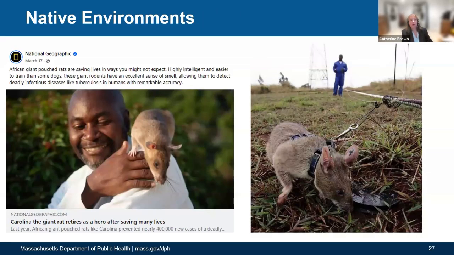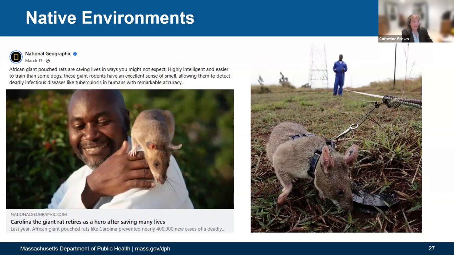They're also super intelligent. And these animals have been trained in their native Africa. They have been trained to detect landmines, right? Because they're so light that they won't set off the landmine, and they can smell it. They don't have very good sight, but they have excellent smell. So they detect the landmines so that they can be safely diffused.